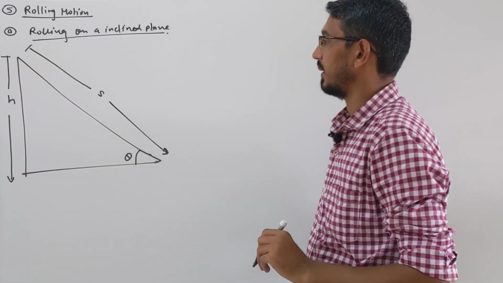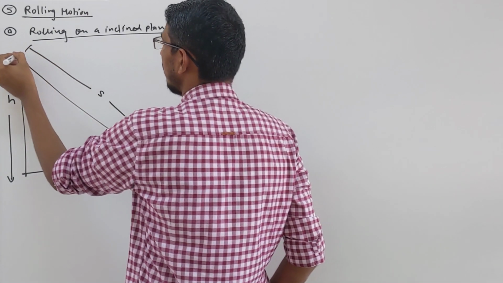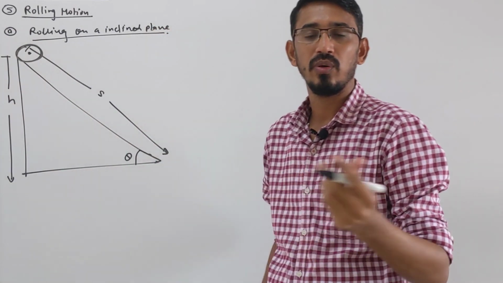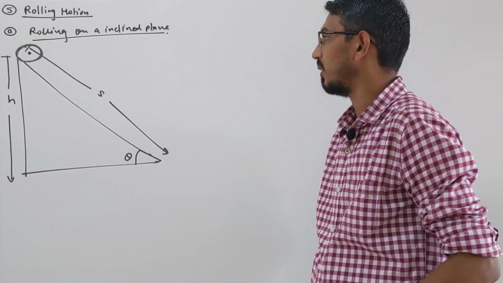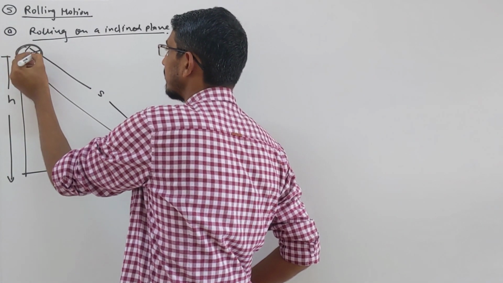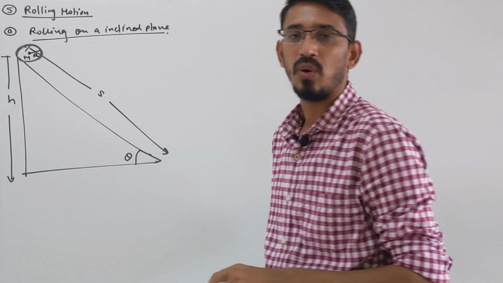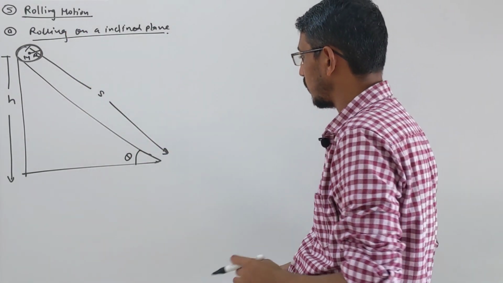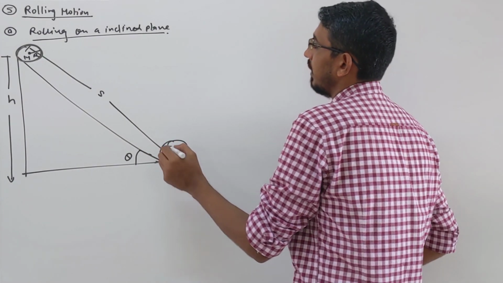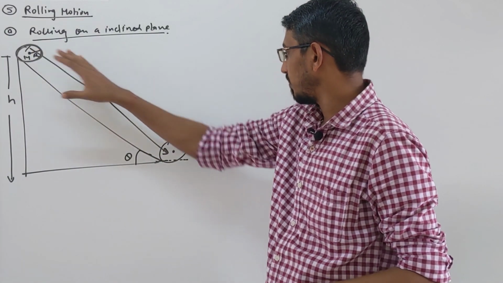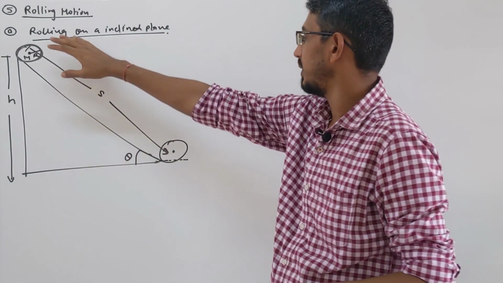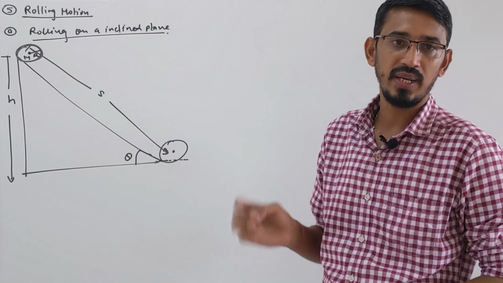Okay, so you put some object here, some object which can roll, like a sphere, hollow sphere, ring, disc, cylinder, hollow cylinder, all these things, of some mass m and radius r. Let's allow it to roll down. So it will roll and come down. We are interested in knowing the velocity of this object when it reaches the ground, the acceleration of the object, and the time taken to reach the bottom. These three questions mainly we are interested in.